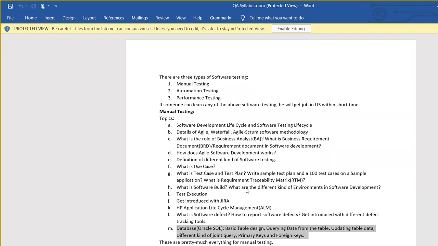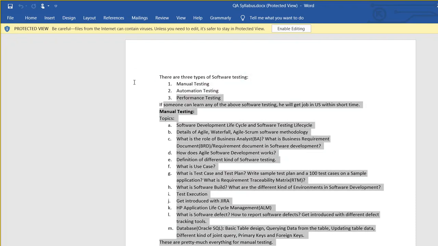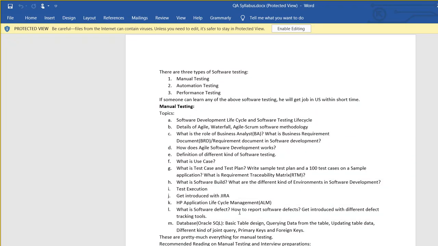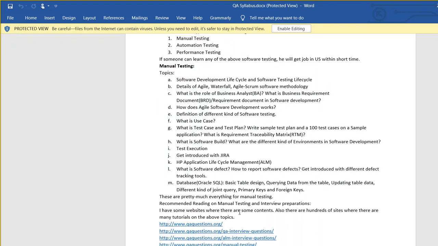And then basically in manual testing, right? All of these things we have discussed so far is manual testing. These are to get into the interviews, right? If you learn these things well, you'll be able to talk about them, and that is what will help you to get into the job. These are the basics of testing you'll be learning. And then I have these different interview questions here that I have provided a link to.